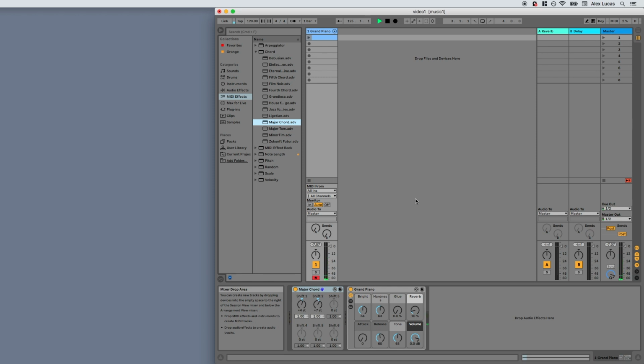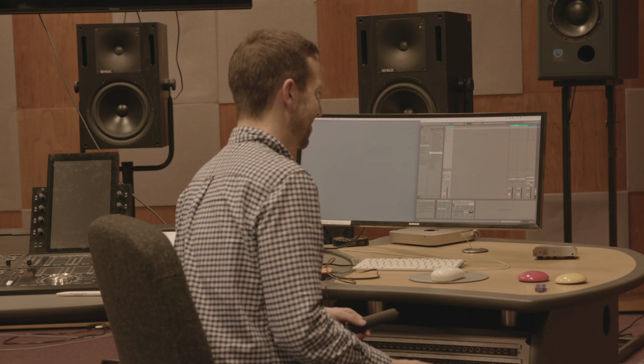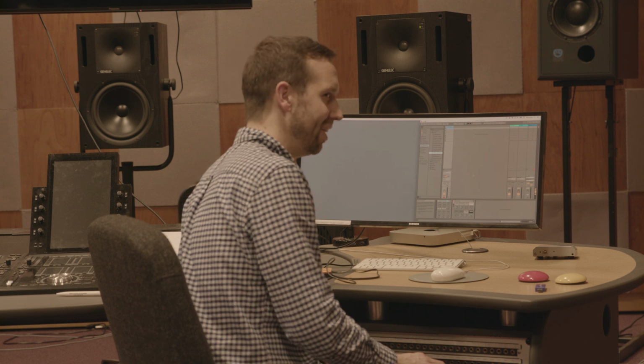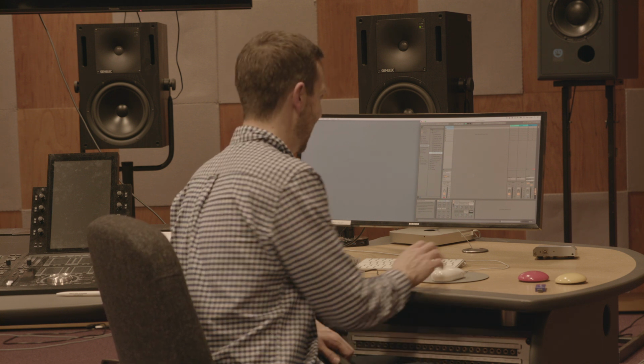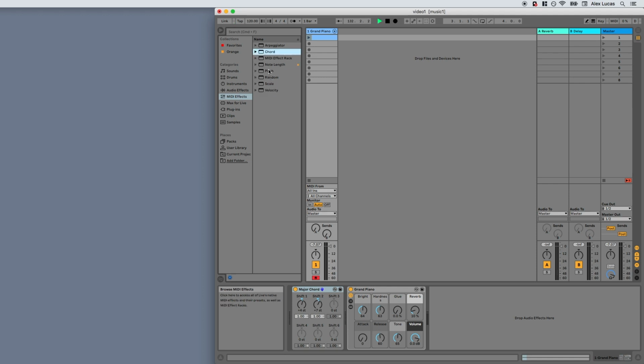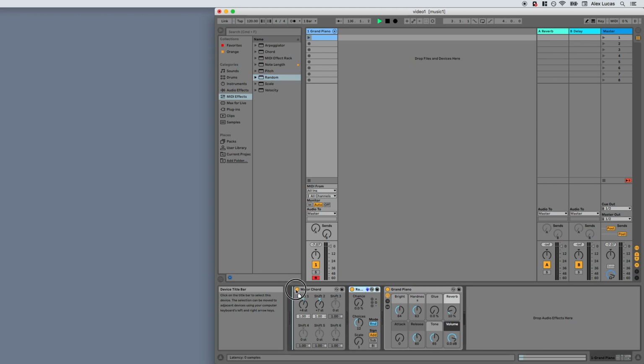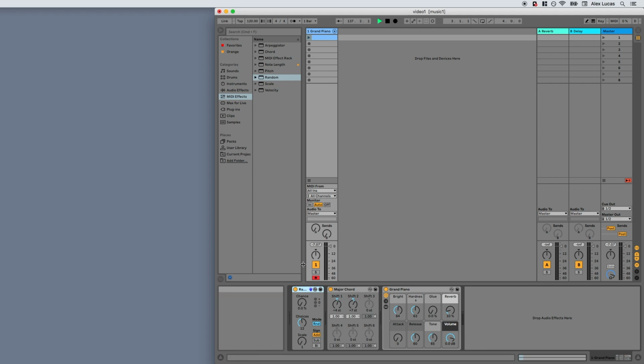Fantastic. Now, it would be great to add some variety to that in terms of pitch. So what we can do is we can use the randomizer and scale effects to do just that. So again, within MIDI effects, let's bring up our random effect. Now, be sure to place this before the major chord in the signal chain. Let's turn this up to 100%, set the mode to alternate, choices to free,